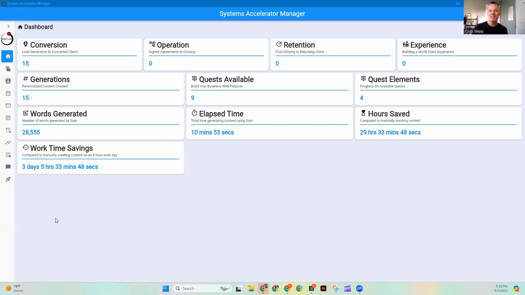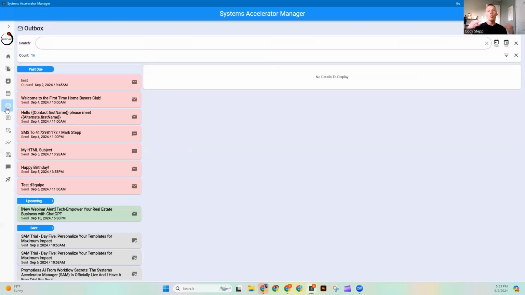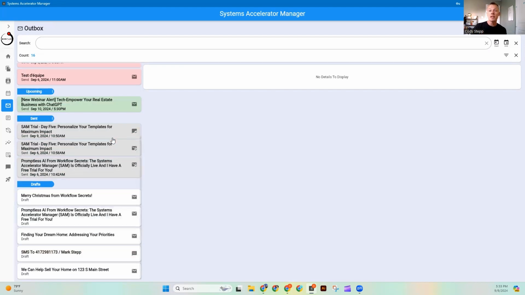All right, once we're inside the Systems Accelerator Manager, we're going to navigate to the Outbox. Now, what you're going to see on this screen is something very familiar to a lot of the other screens that we've been looking at thus far. On the left-hand side, I have it organized based on past due, upcoming, sent, and then all of our drafts